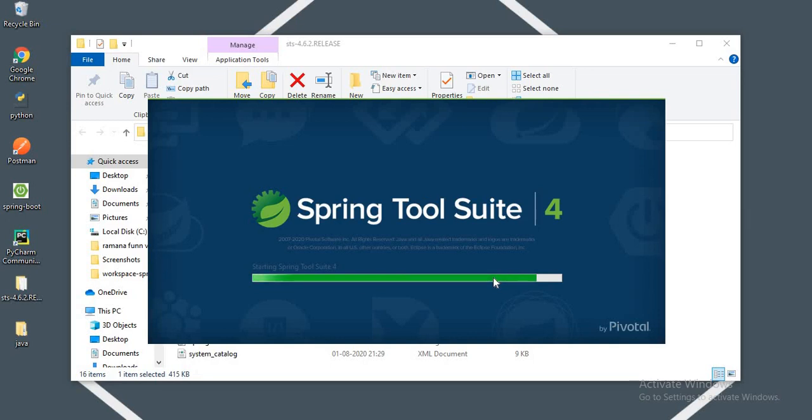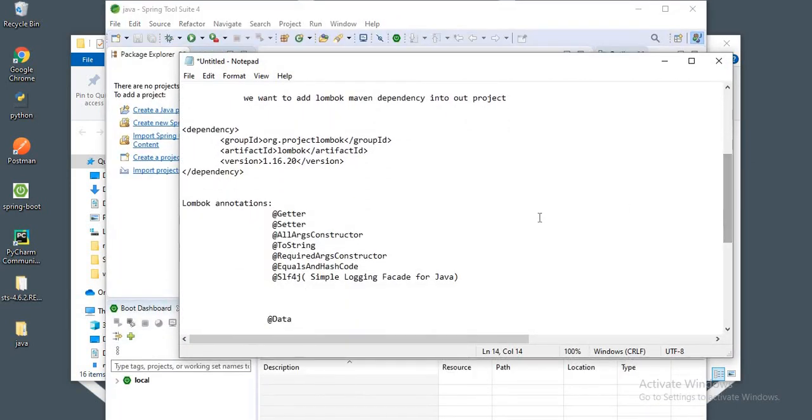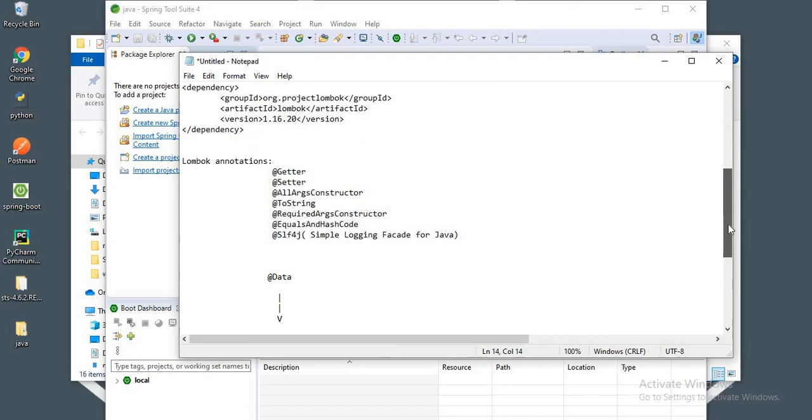It is loading. I don't want to waste my time, so I want to show you something here. In this video, I'm going to explain these annotations: @Getter, @Setter, @AllArgsConstructor, @ToString, @RequiredArgsConstructor, @EqualsAndHashCode, @Slf4j and the @Data annotation.